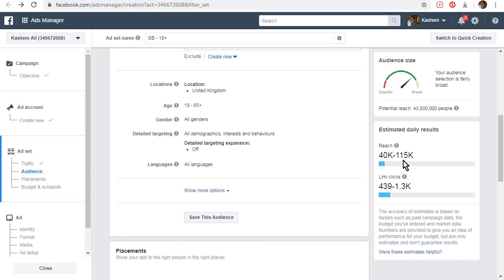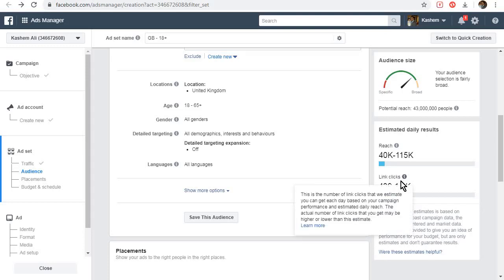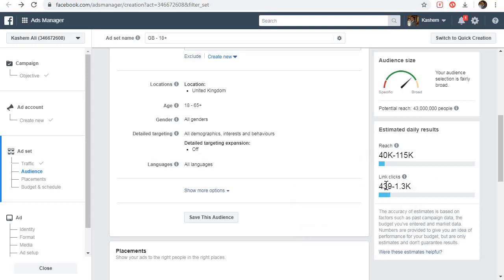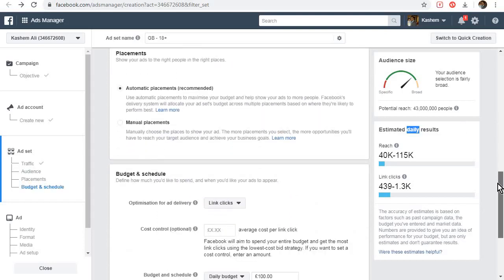So the ad will go out to up to these amount of people, and the link clicks, they will literally only show our advertisement to people that are most likely to click. So it's around about 400 to 1,000, and this is daily with the budget of 100 down here per day.